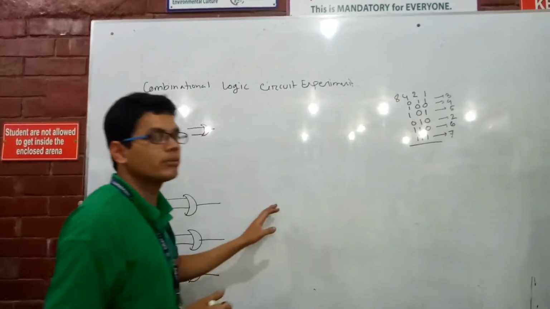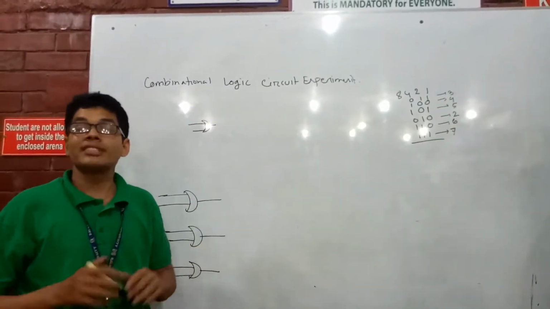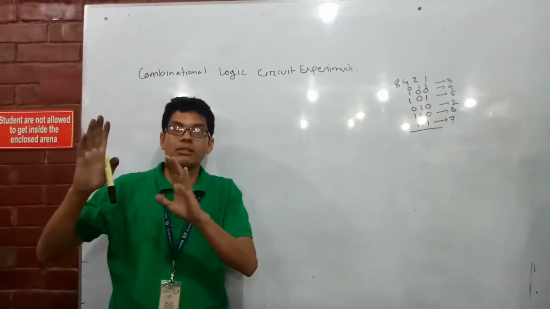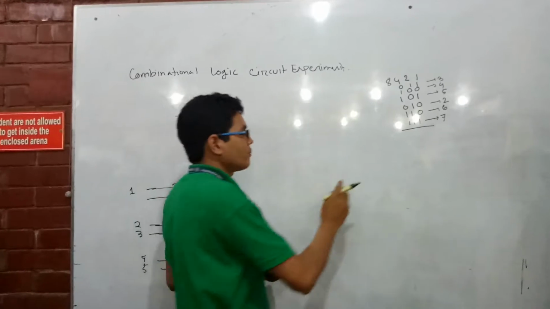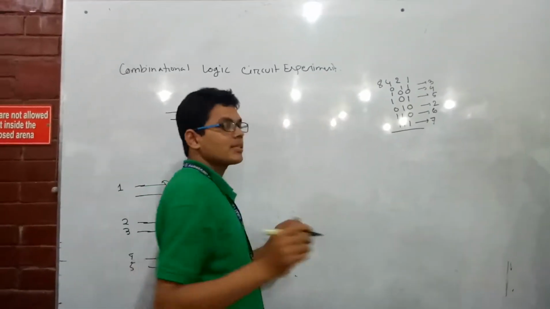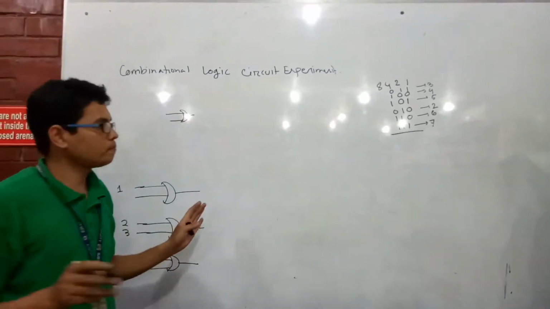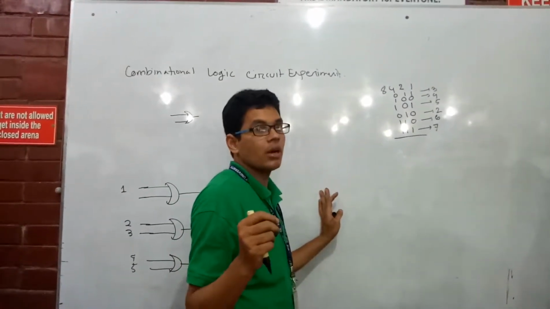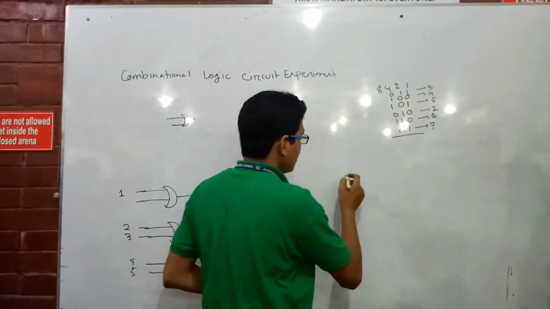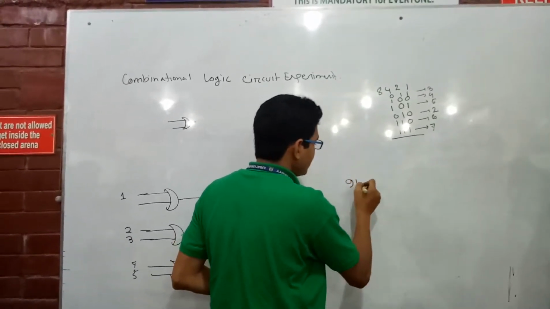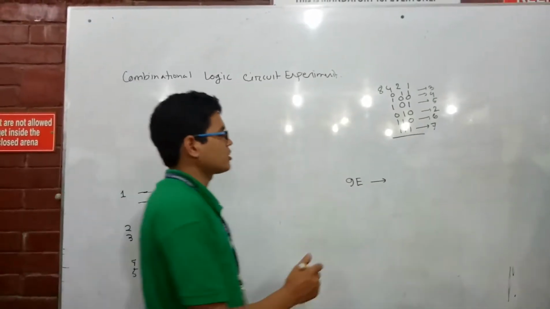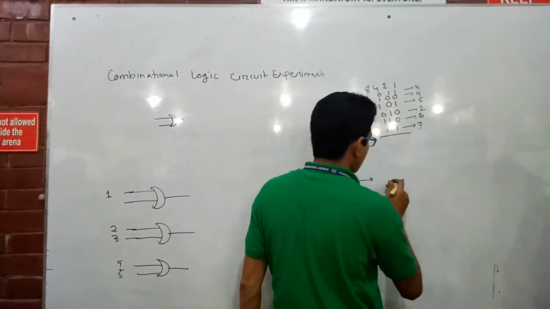That means in a keyboard, Control Alt or Control Shift, that is an operator. That is not the inputs. That will operate. For example, the operator has some instruction. You will learn about that. Maybe in machine code or assembly language, you will see something like 9E. If you are pressing 9E, that means it indicates